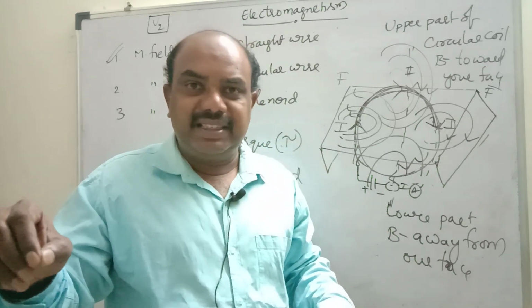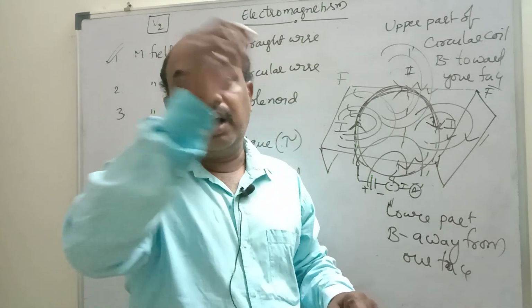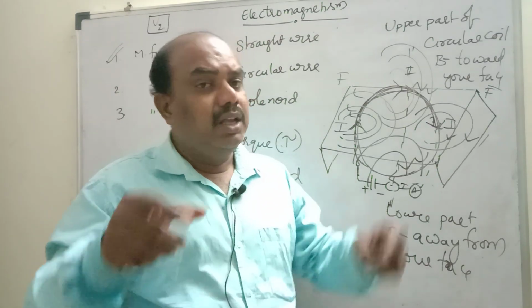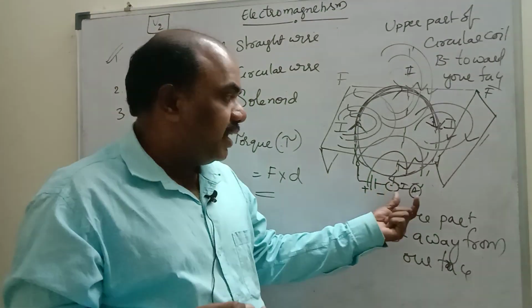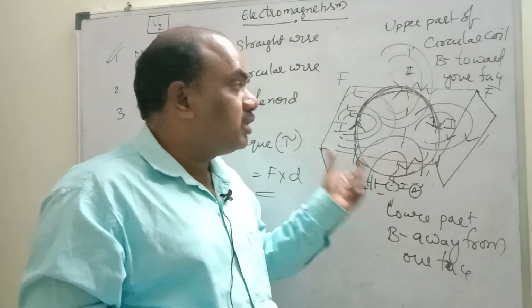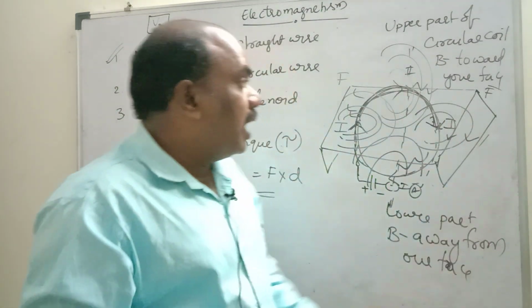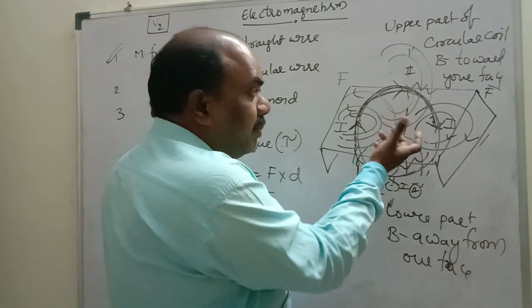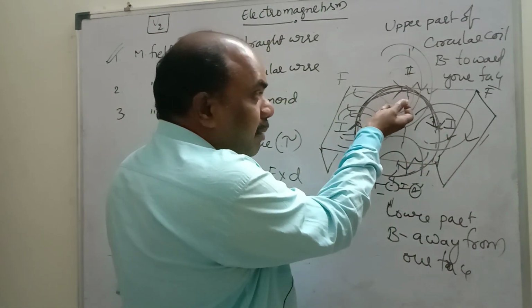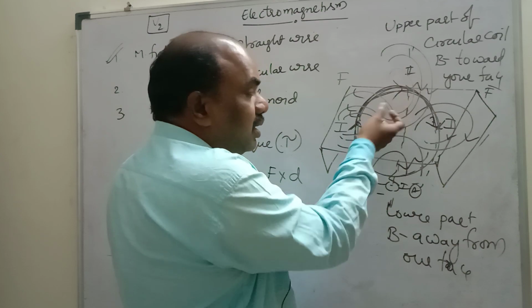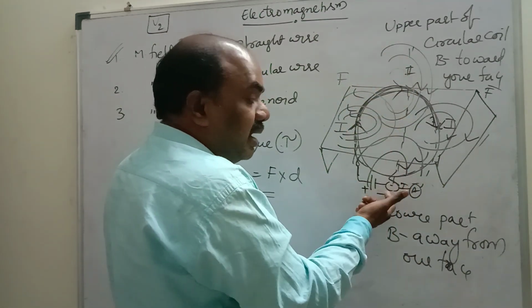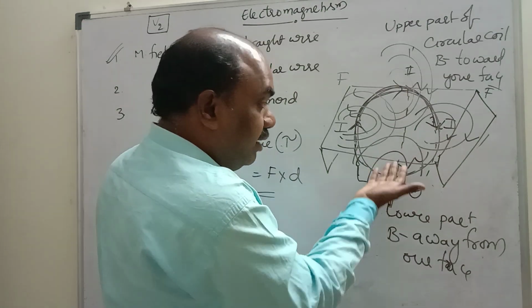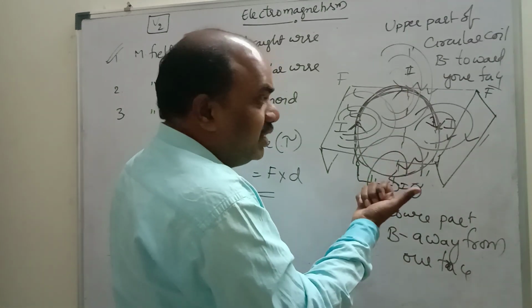paste a white paper on the surface of it, make two holes at a certain distance, and wind 24 gauge copper insulated wire 5 to 6 turns, so that a circular coil will be ready. Connect the two terminals to a battery and an ammeter in series. Now the circular coil is ready. If you place a compass in the upper part, the compass needle deflects away from our face. If you place the compass in the lower part, the north pole deflects towards your face.